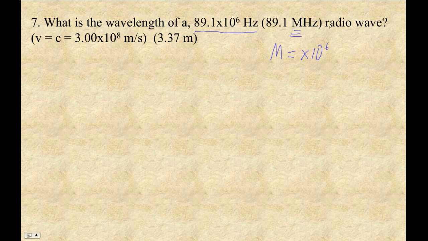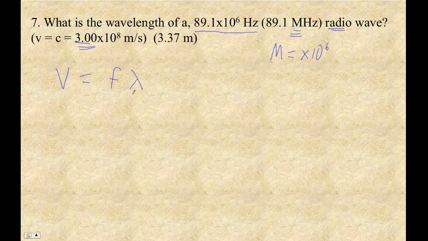And then the other thing is that it's a radio wave, and you need to know that a radio wave, microwave, infrared light, ultraviolet, X-ray, gamma ray, all of those things are electromagnetic waves. They all travel through a vacuum at the speed of light. Okay, they slow down in other materials, but there it is, right? So we're going to use V equals F lambda,